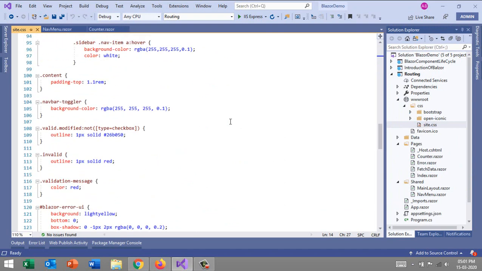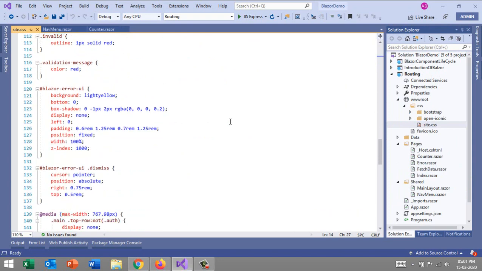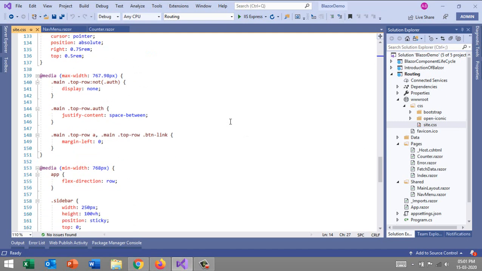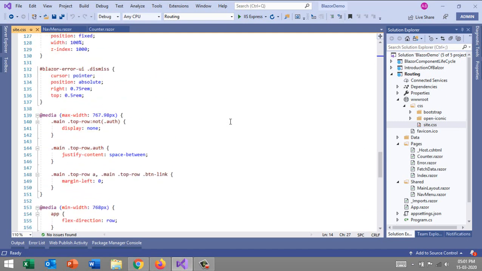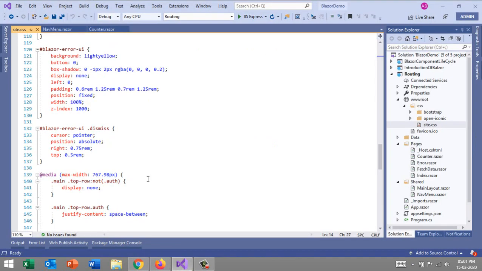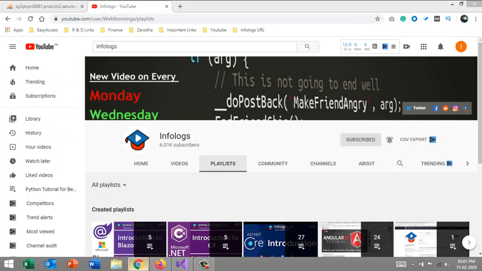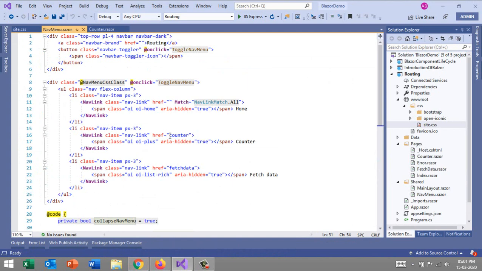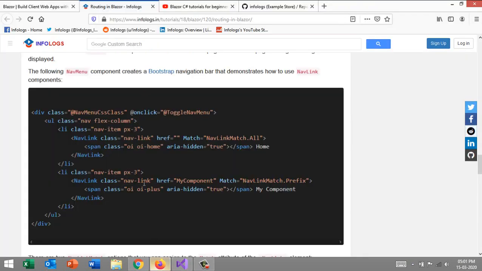Okay, this is a sidebar. Okay, so navigation menu. Okay, so if you go ahead and this